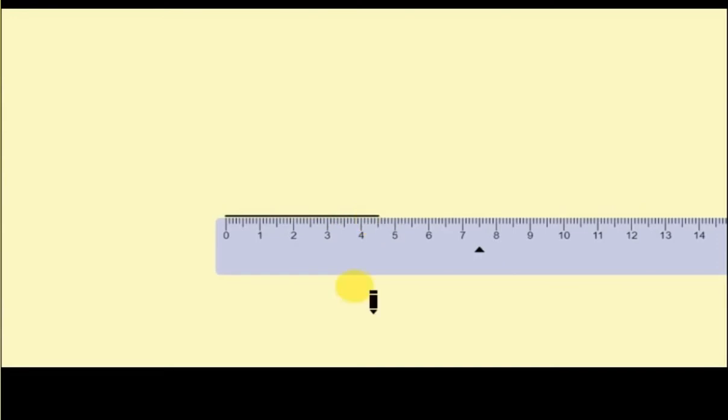Please construct with me. Now we are marking it as point P, and this end as Q. So we have constructed our PQ line, which is 4.5 centimeter.